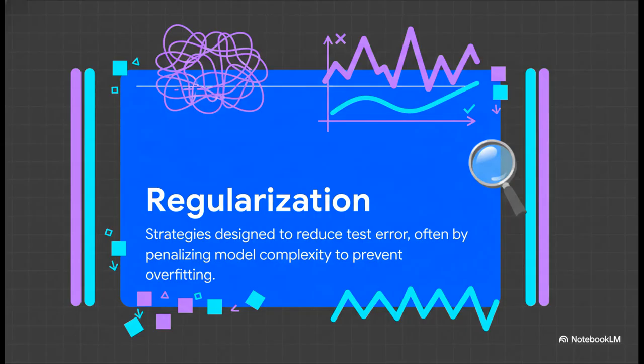So how do we fix this? Well, we use techniques called regularization. You can think of them as guardrails, or maybe a kind of penalty, that stops the model from getting too complex and just memorizing everything. It's a trade-off, for sure. We're actually willing to accept a slightly worse score on the training data in exchange for a much better performance out in the real world. It forces the model to find the simpler, more general solution.